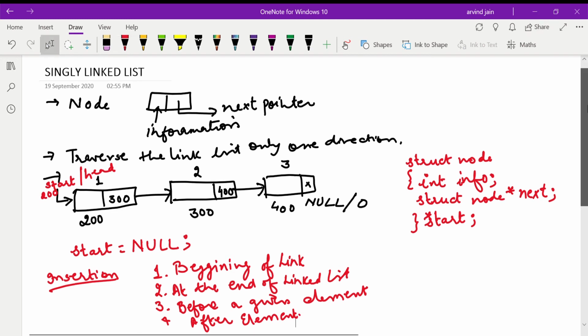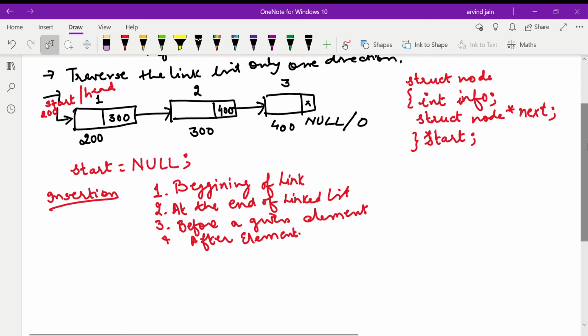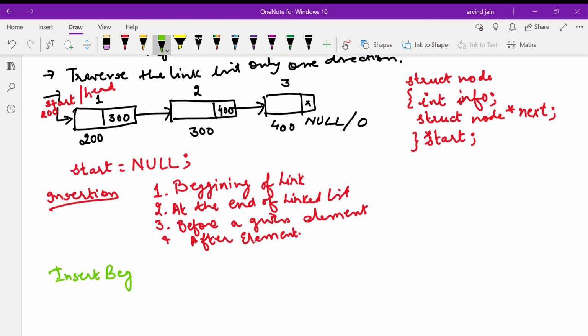For this we write a function insert at the beginning. Now we have declared start as a global variable, so there's no need to pass it through this function. Otherwise we need to pass start by call by reference. Here we are only passing the item which needs to be inserted.